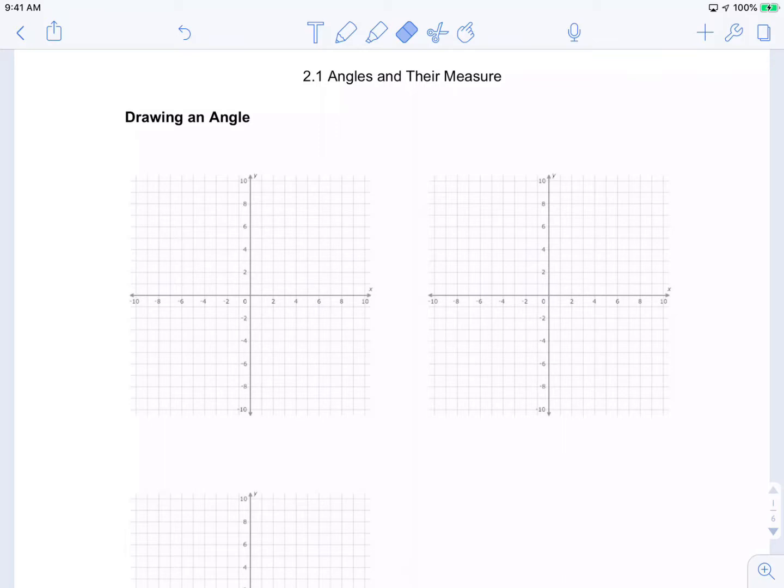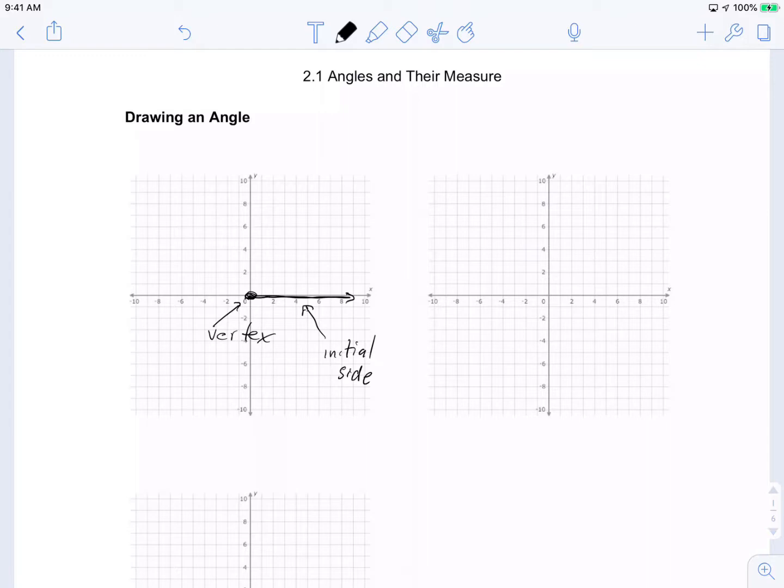So today what I'm going to demonstrate are a few things, but the first thing that I'm going to start off with is drawing an angle. And so whenever we're drawing angles, the first thing that we need to do is start off with a ray, and that ray starts with the vertex. That is the vertex, and this on an angle is called the initial side,